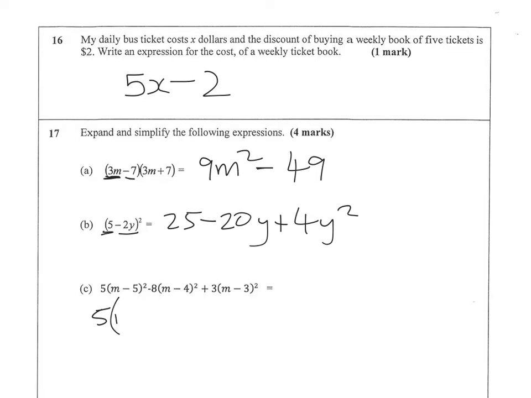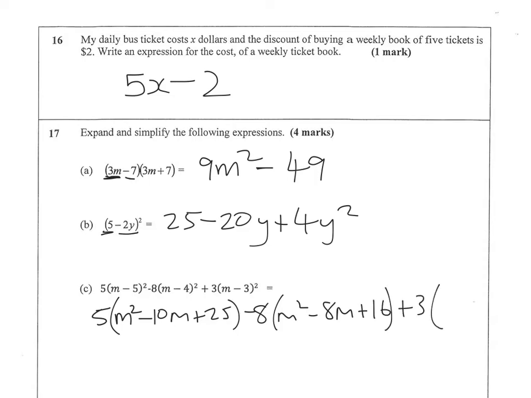Now square the m, double the product, so 5m, double it, we get negative 10m, and negative 5 squared is 25, minus 8, again we're going to leave it, so m minus 4 squared, square the first, the product is 4m, so we're going to double it and get 8m, and negative 4 squared is positive 16,